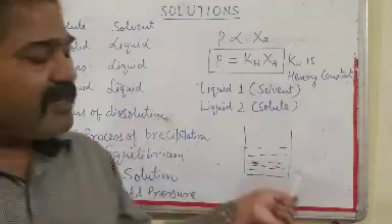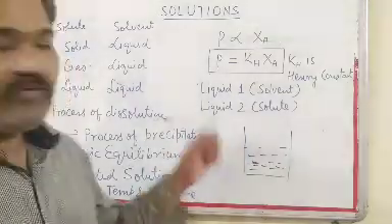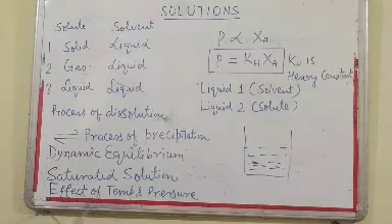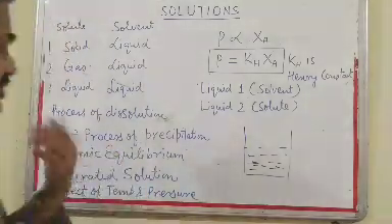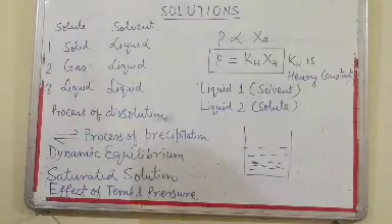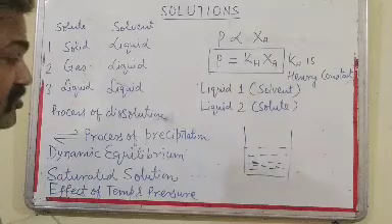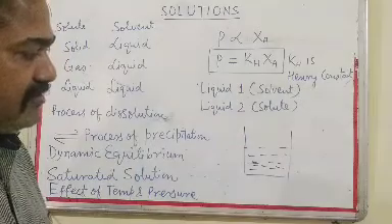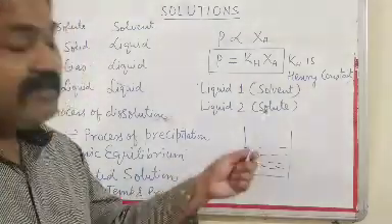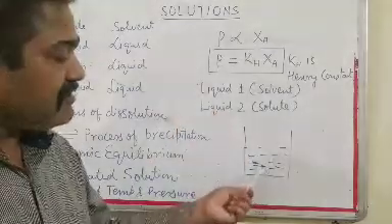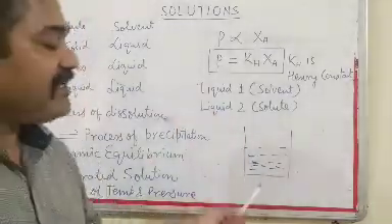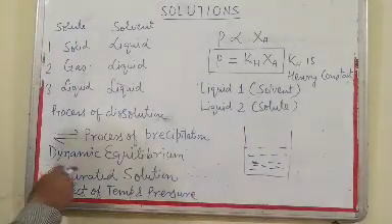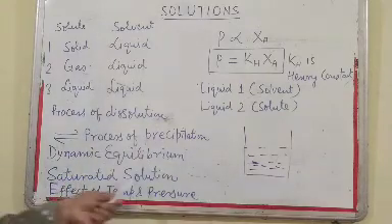Okay. Now if we keep adding more and more solute, more and more salt to the same amount of the solvent, ultimately we will reach a state in which no more solute, no more salt can be added to this solution. If we add some more salt in this state, it will precipitate out and deposit at the bottom of the solution. This time the solution is called a saturated solution.